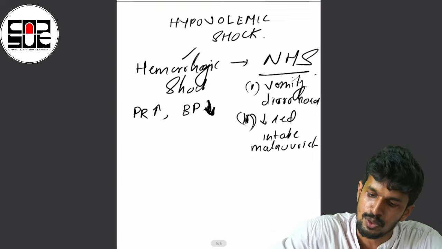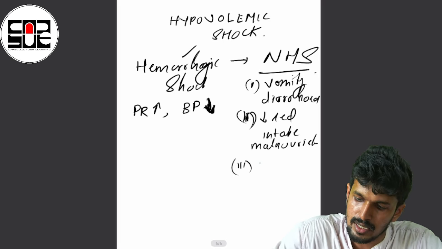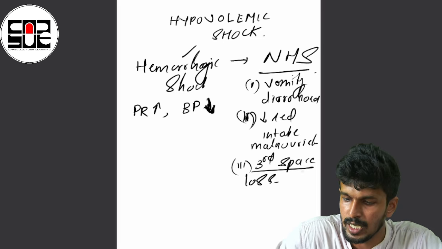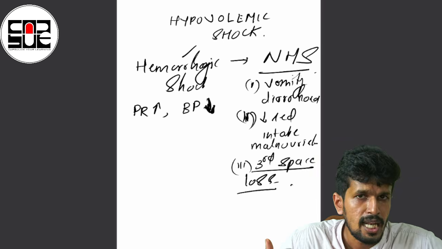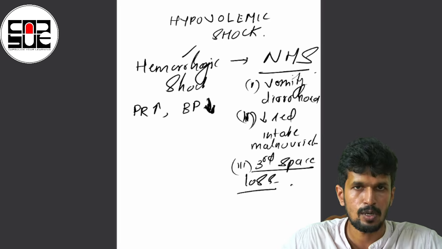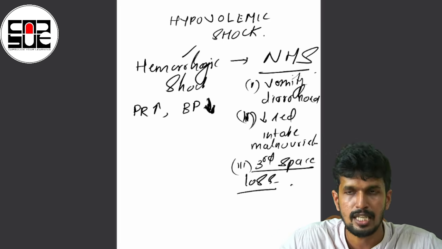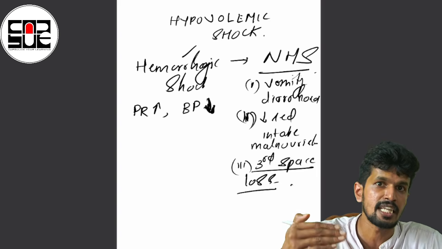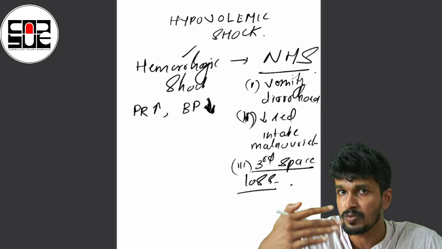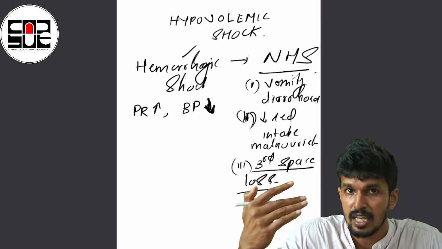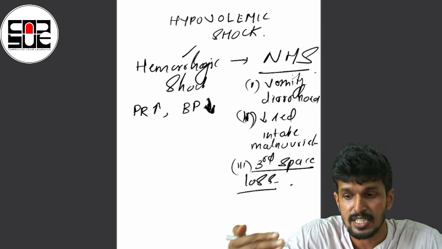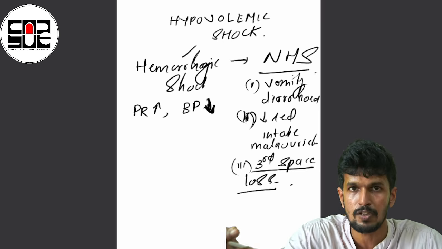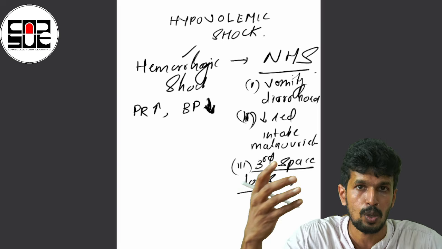What is the next thing which we need to know? That is very important: third space loss. Third space loss is significant. What happens in third space loss? I'll give you two examples to understand it. We can see these kinds of issues in burns. Initially, when a patient presents with significant burns, almost 50 to 60% burns, that patient can have severe dehydration at initial presentation. That's why we have the Parkland, modified Parkland formula, giving them significant fluid to replenish the fluid loss. That is the third space loss which is occurring in burns.